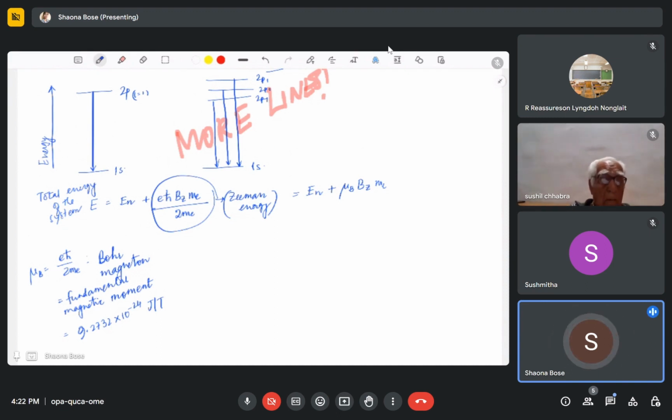So the MJ degeneracy gets removed due to the interaction with the external field. So now, instead of just ML, we have a slightly modified version. This is the anomalous Zeeman effect,